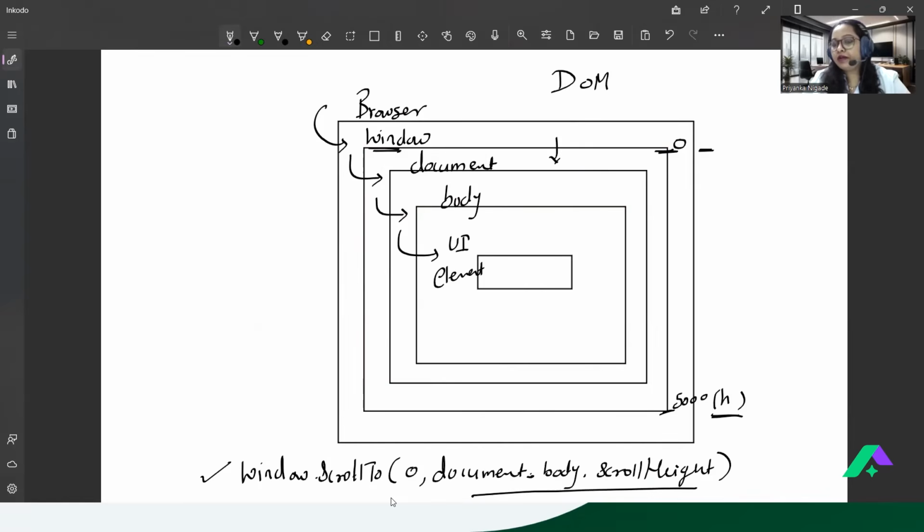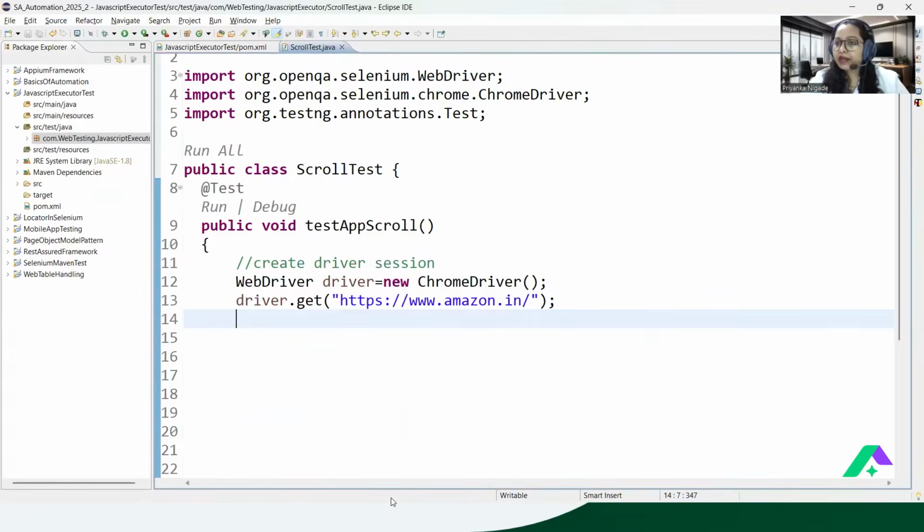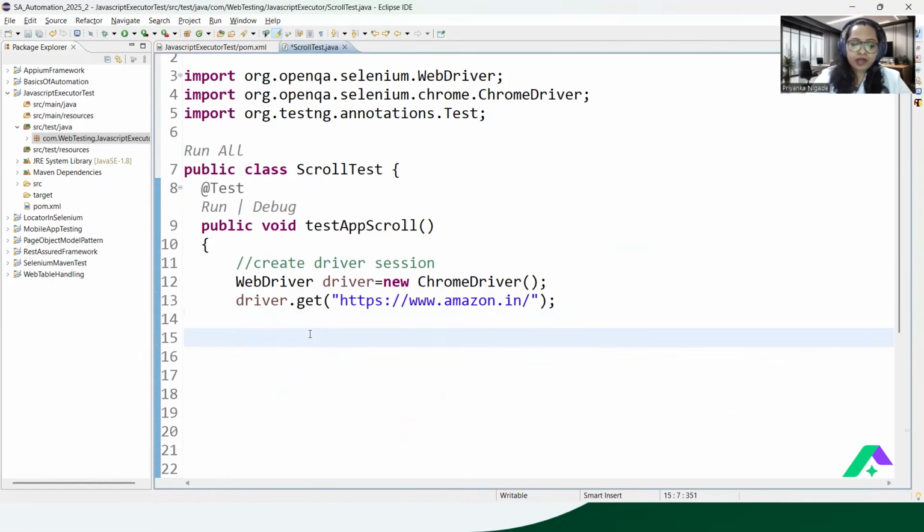So this JavaScript command, if you wanted to run with the help of Selenium WebDriver, there we need the JavaScript Executor interface. Clear? So why is this interface required? Because sometimes we need to interact with our application with the help of JavaScript commands. And to run any JavaScript command with the help of Selenium WebDriver, we need this interface. So at this moment, let me show you the practical part, how we can scroll the page now, correct? Whenever the application opens, at that time I will be creating here an object of JavaScript Executor.